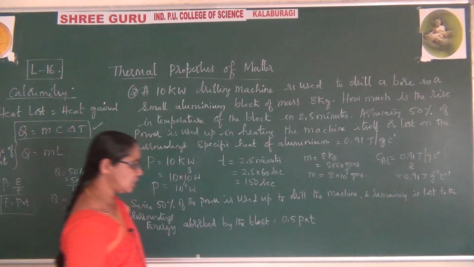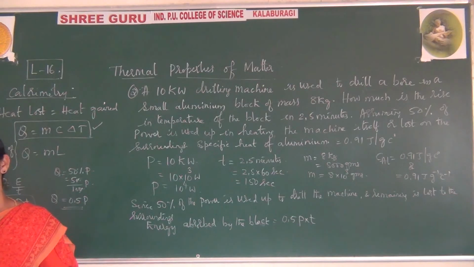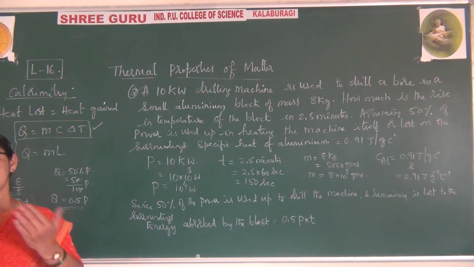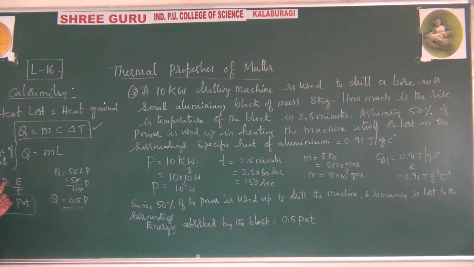I think you have followed this condition, because please observe, you cannot write directly. First we are writing energy. Power is equal to energy by time taken. You already learned this in your high school, and also in first year in Part 1 mechanics you learned the energy formula and also power. Power can be defined as the rate of change, that is energy by time taken, or work done by time taken, or rate of energy. These three ways you can define power. Here I am taking power as energy by time. So energy is equal to P into T.